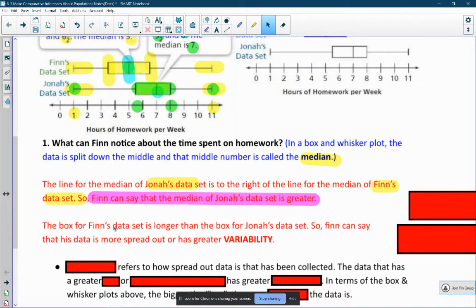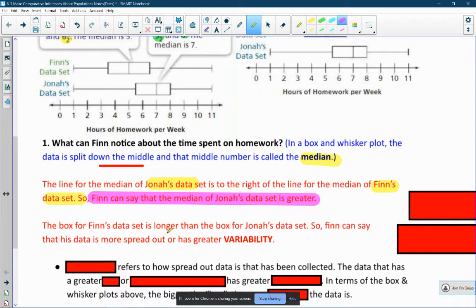the box for Finn's data set is longer than the box for Jonah's data set. So I'm going to try and make that a little bit clearer for us. So if I draw a line here, we can see that that line is bigger than what this box is. So Finn's box is greater than Jonah's box. So that box tells us something about how spread out the data is. So we can say that since Finn's data set, this box is longer than the box for Jonah's data set,